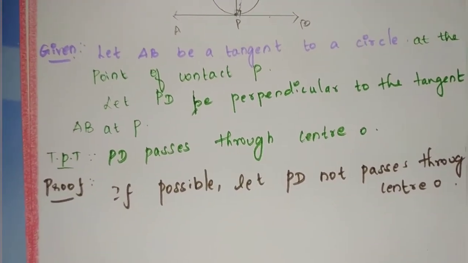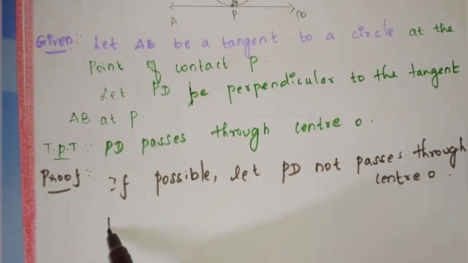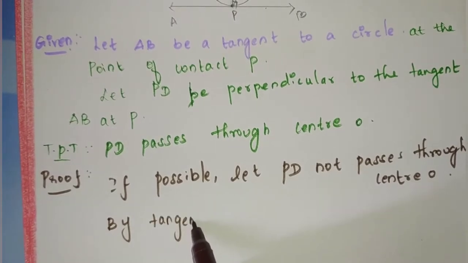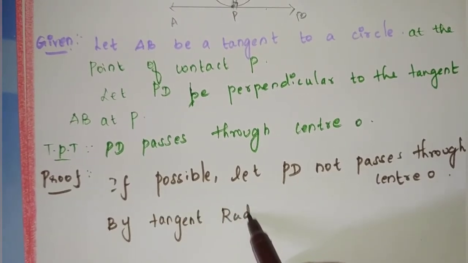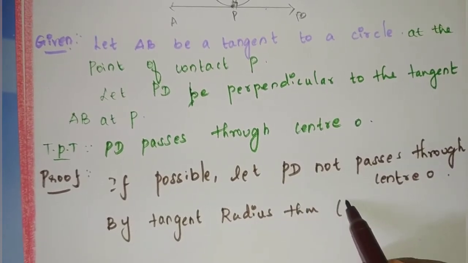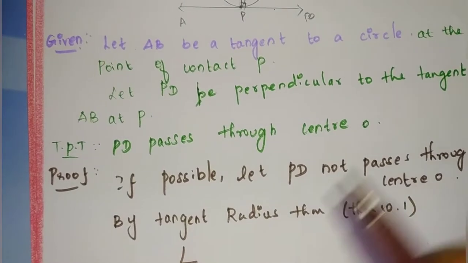And then we know that by the tangent radius theorem, that is theorem 10.1, we can tell that